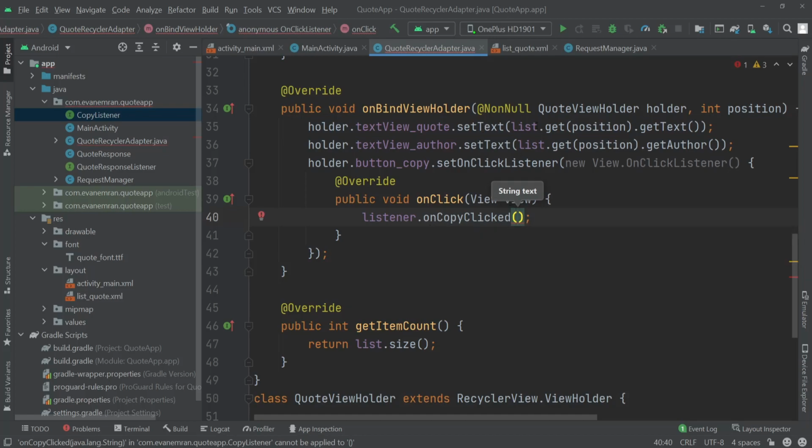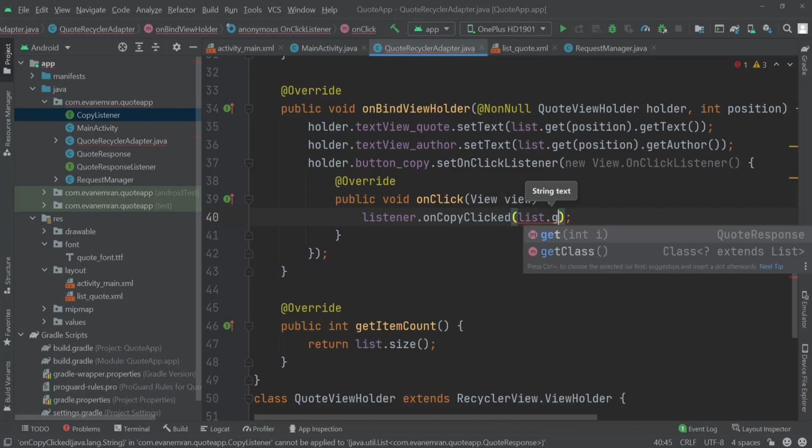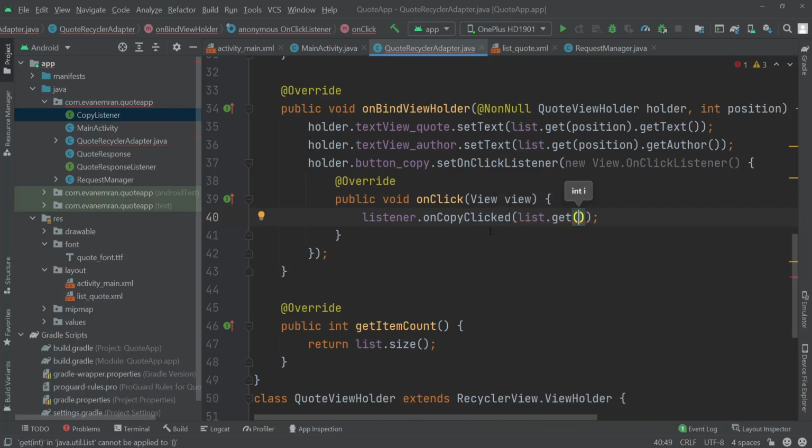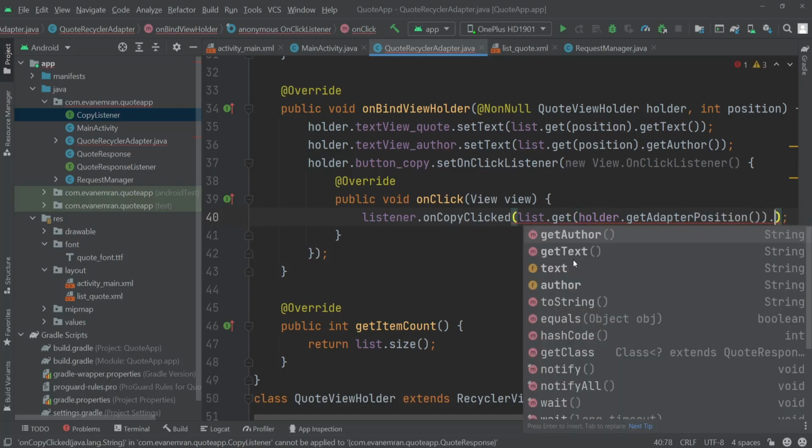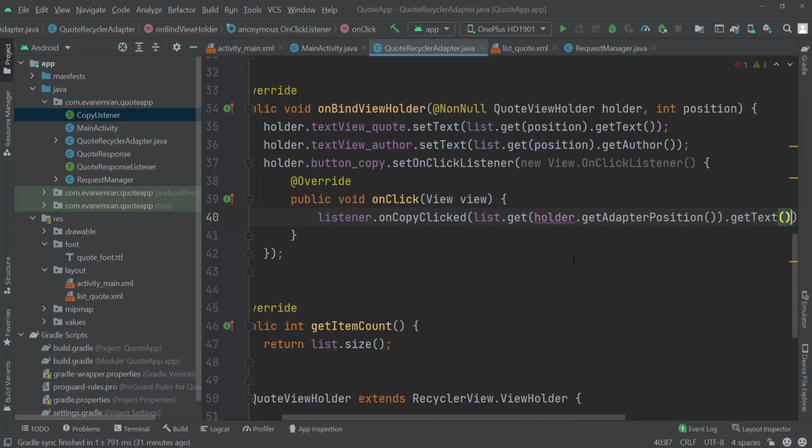So we want to copy this text we're getting for the code. So here I'll write list.get, and here we won't pass the position directly. So for this, we'll write holder.getAdapterPosition. We'll go to the next bracket and write .getText. Okay,